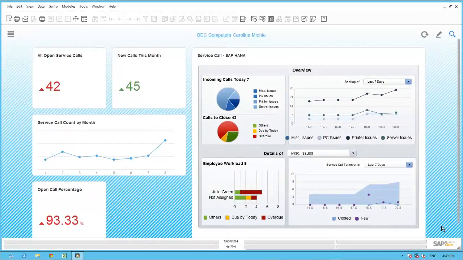As we start this scenario, we are logged on to SAP Business One for HANA with Caroline Michi's user ID. Caroline has customized her desktop to include several dashboards and key performance indicators, or KPIs, to help her monitor those service events that are critical to the smooth running of the service group at OEC. Caroline has configured her desktop to include several custom KPIs and dashboard widgets, as well as the standard Service Call